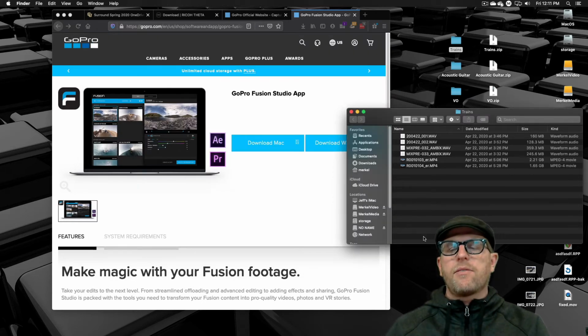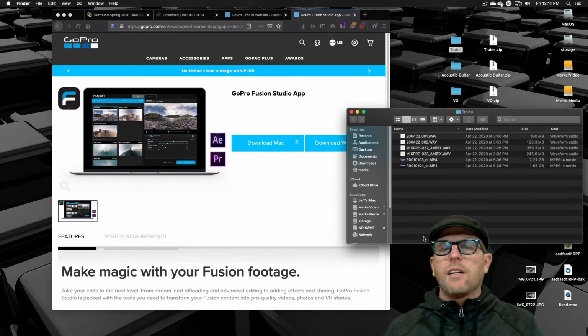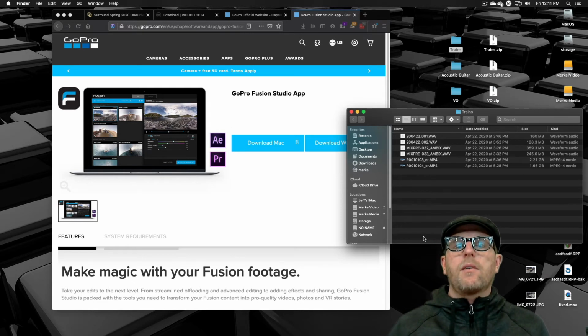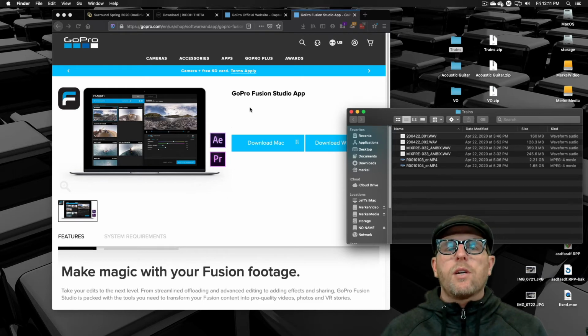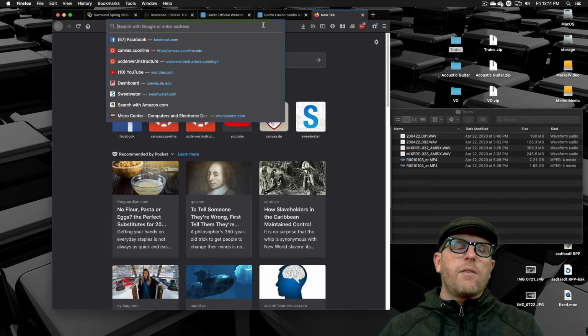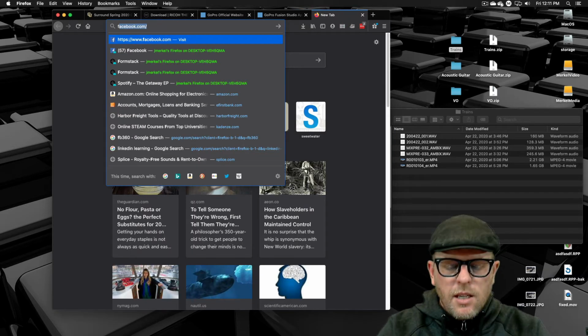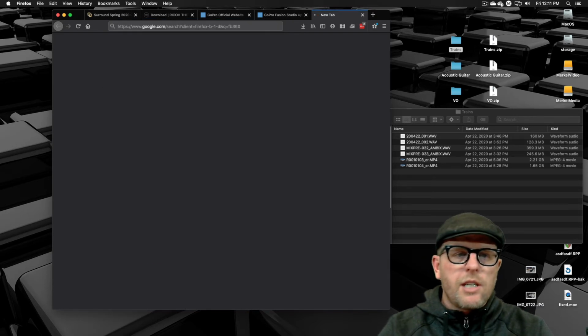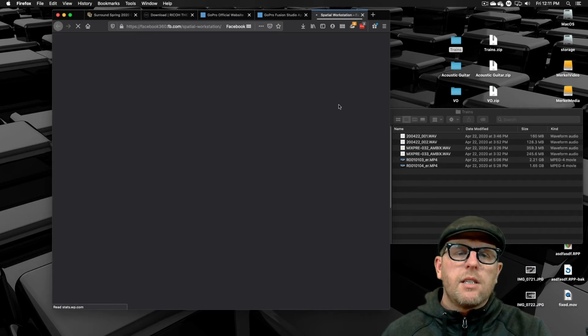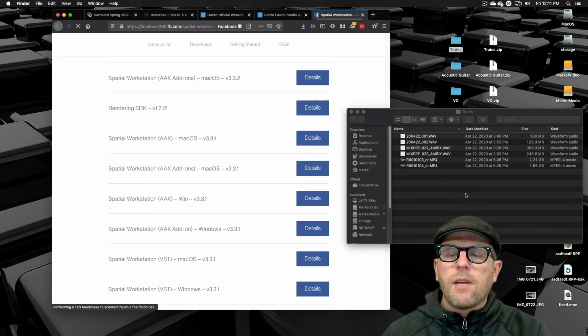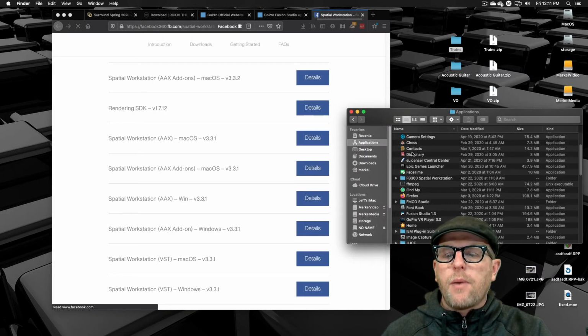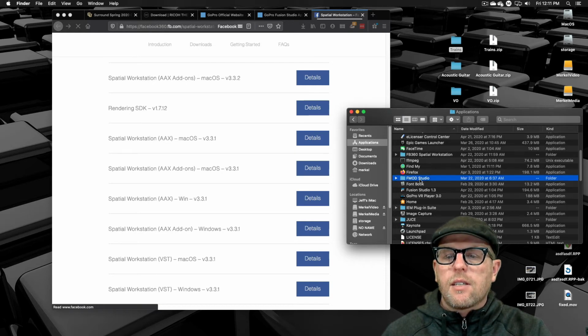And then the last one we have, so those two you don't really need. But the third one that I'm going to talk about right here, right now, you do need. So this is going to be the FB360 player. So if you haven't already, you should install the FB360 workstation suite kind of thing. Spatial workstation. And we talked about this before, but you can download that. When you install it, it shows up as this